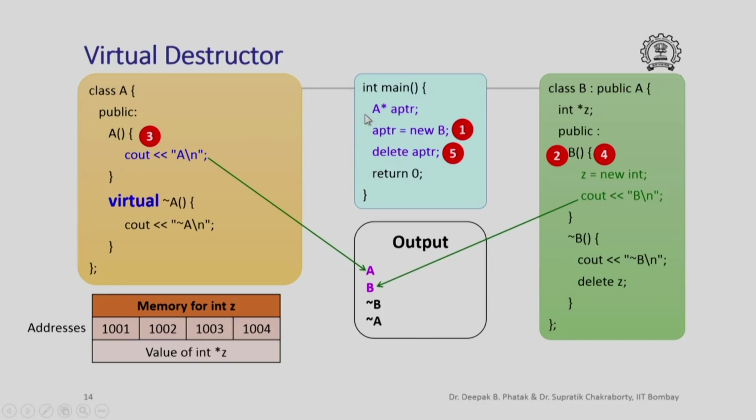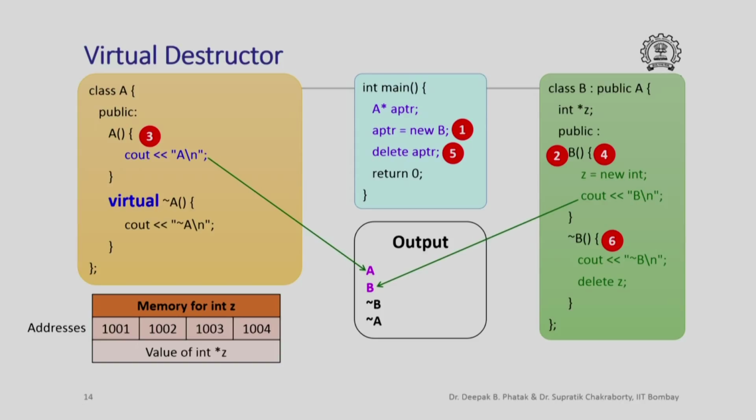And after that I am going to execute delete APTR, and when I do that, APTR being a pointer to an object of class A, I am going to come here and see what the destructor of class A does, and lo and behold this destructor is specified as virtual. So I have to find out the context in which I am calling this destructor, the context in which I am trying to do this delete APTR, which means basically what was APTR really pointing to? It was actually pointing to an object of class B. Therefore the destructor of B is now going to get called.